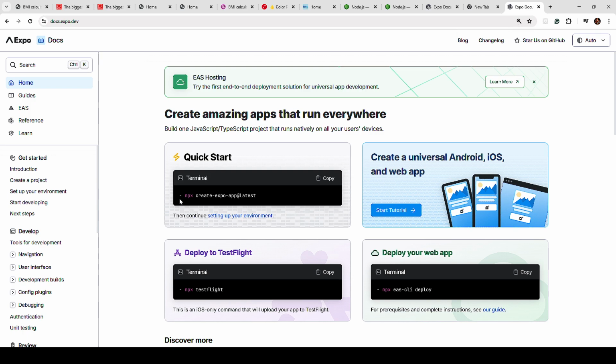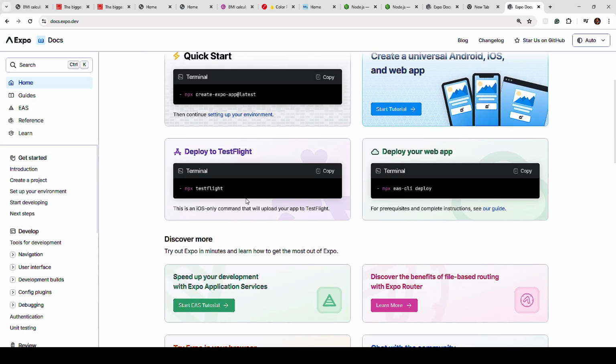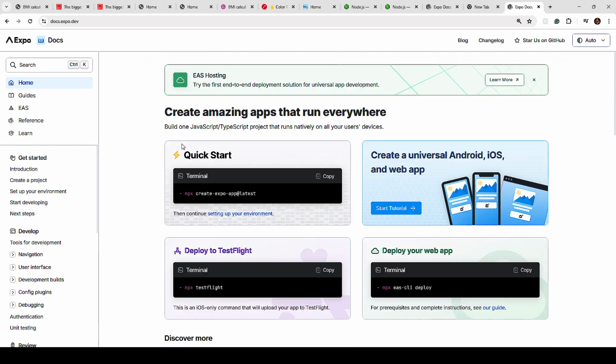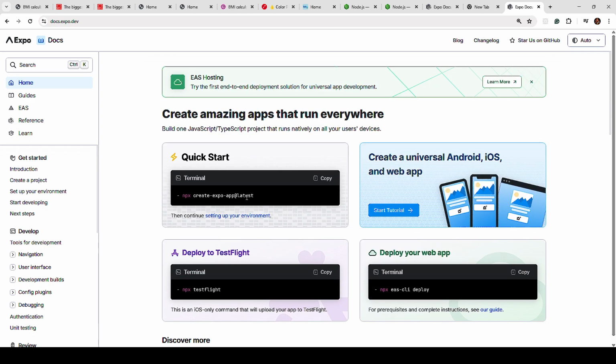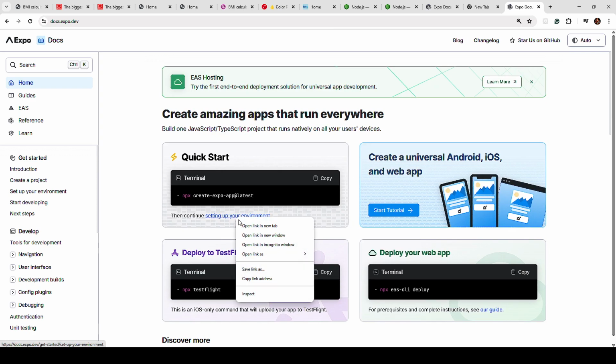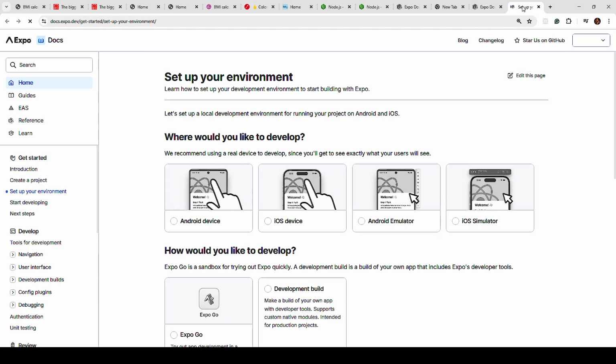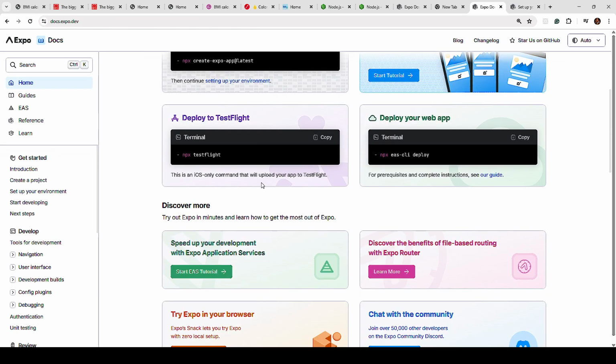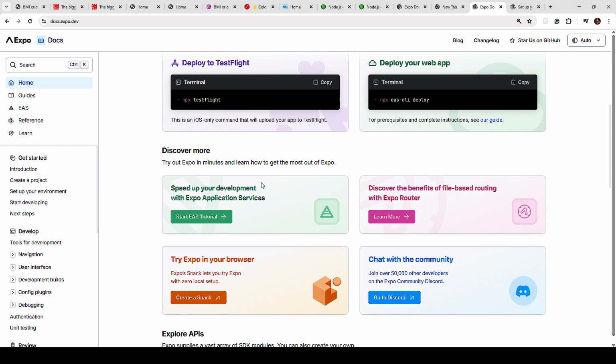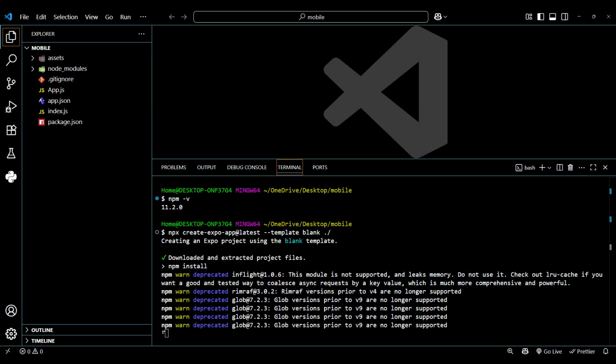So tumeona npx create Expo app at latest. So we are not going to use this one. This one inakupatia some boilerplate and then it cause some confusion. That's why hapa tulikuwa tunaangalia kwamba we will just continue from the beginning. As this one is continuing to download, as this one is continuing to finish loading everything, let's go back here